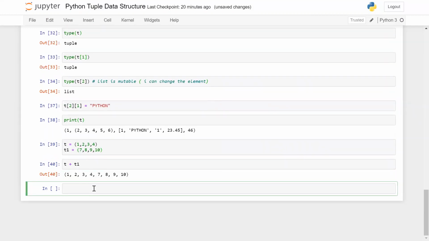So we can combine the tuples, right? Now let me show you one thing. For example, I am using tp1, in the brackets I am going to mention Python and multiply by 4.